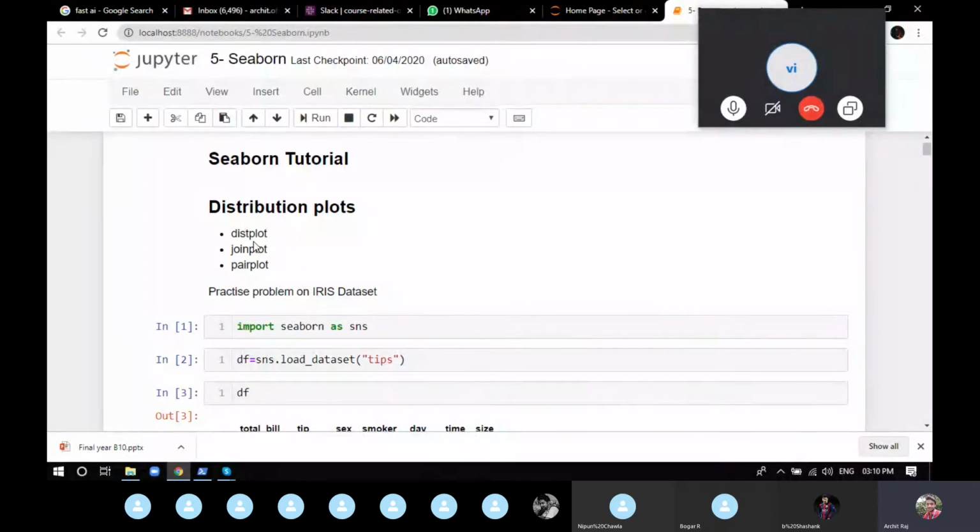Pair plot is used for showing information which is not limited to three dimensions, because we can plot till three dimensions, but we cannot plot more than three. Imagine you have a data set with five attributes, five columns, and you want to see the relation between all five columns. If it's two or three, you can plot a graph. But with five attributes, you cannot plot a 5D graph. It's not possible. So for that, we use a pair plot.